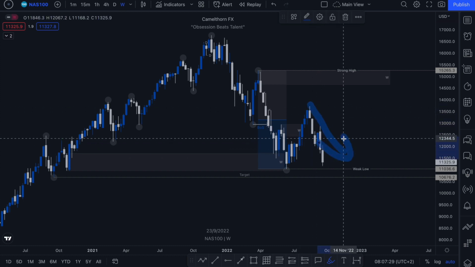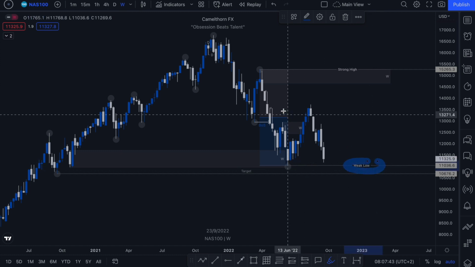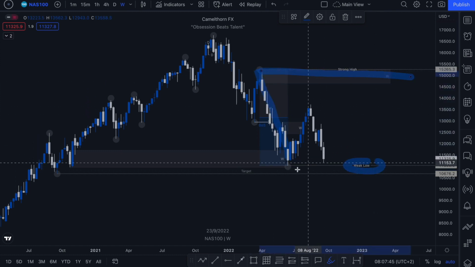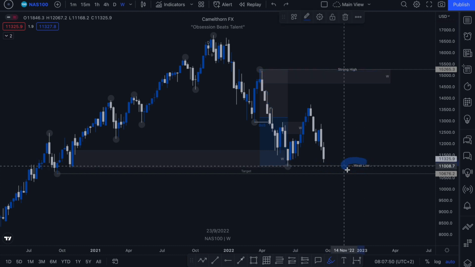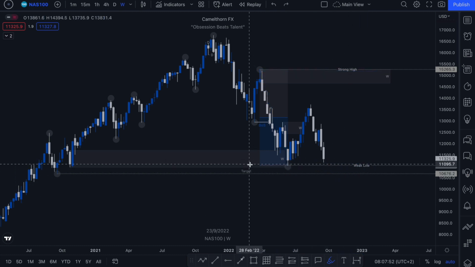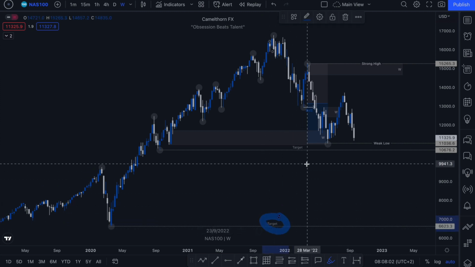We will be investigating on the daily chart why this particular rally occurred, but from the weekly point of view, what are we anticipating price action to do now? Obviously, we are anticipating this week low of the bearish weekly leg to be taken, and then beyond this week low, as we've been saying, we want to be targeting 10676.2, and then further down, we could also see price action pull all the way down towards